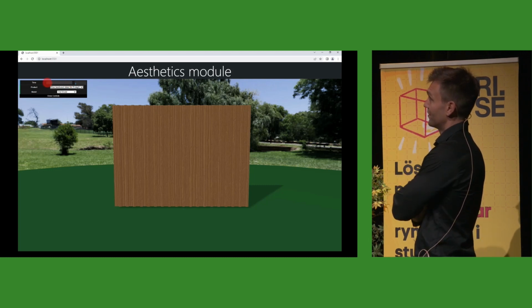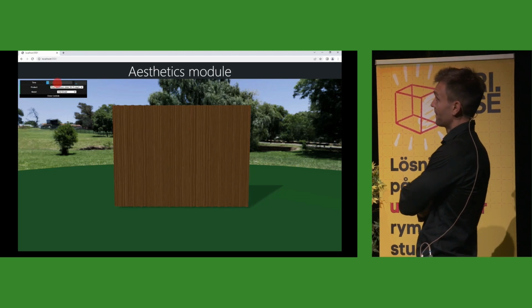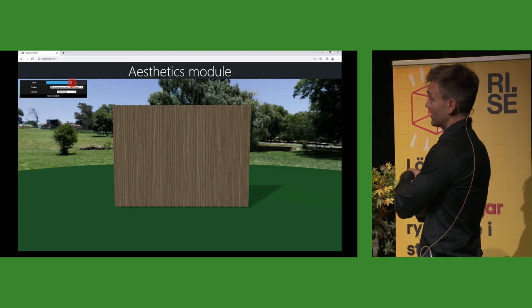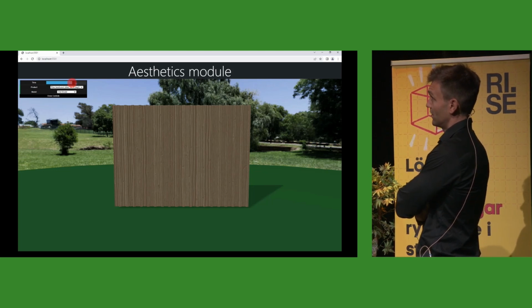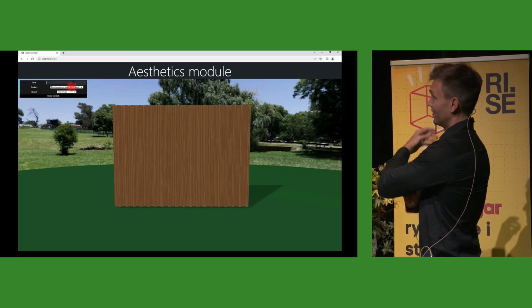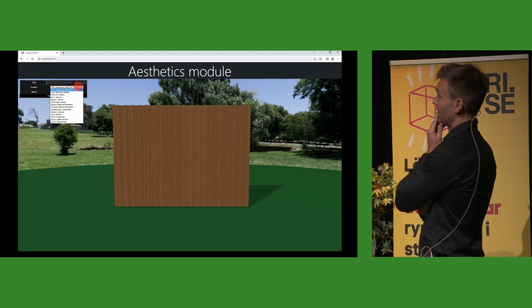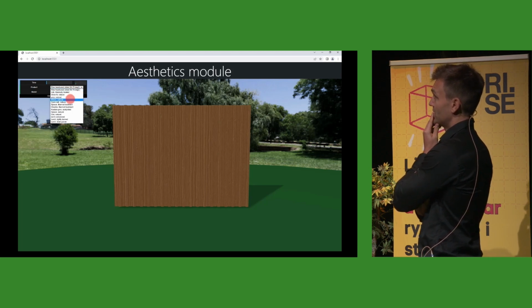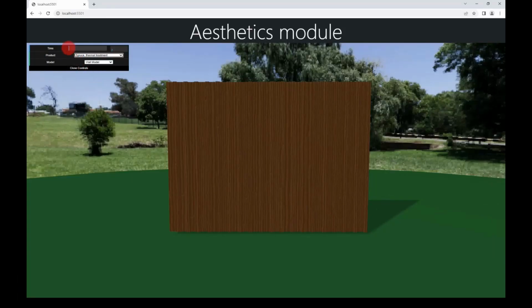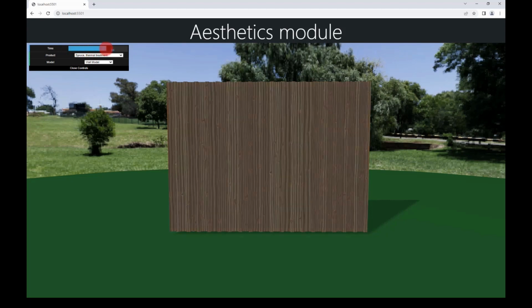So the color change is connected to the material. And then you can change the exposure, or in this case, time. As Jakob mentioned, the measurements were done in a period of 2 years, but after 2 years, the material is more or less fully weathered. And then you can change between different materials to see how the color of this specific material changes over time. This is some thermally treated spruce, if I read correctly, and most materials tend to turn gray after some time.